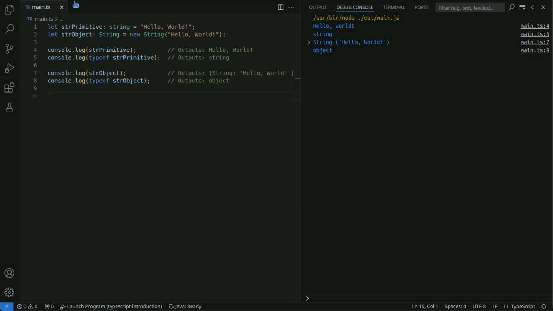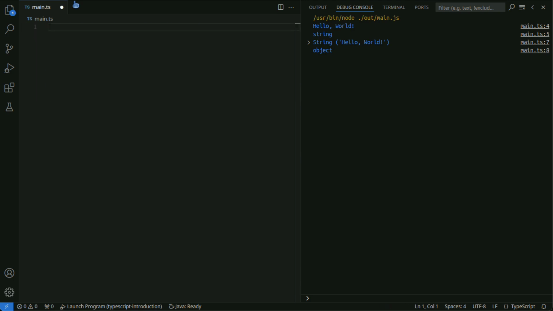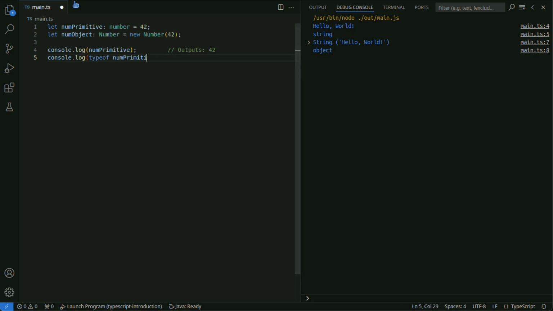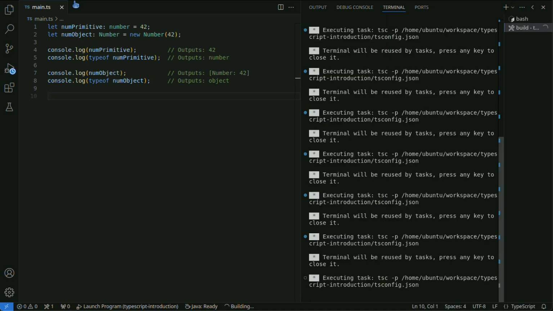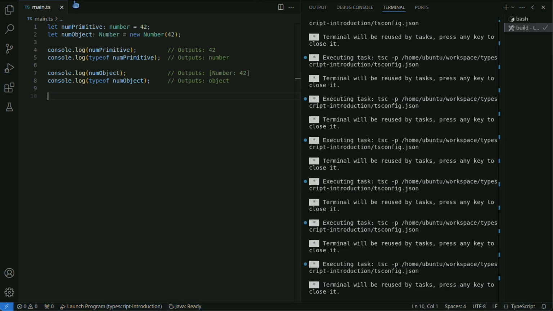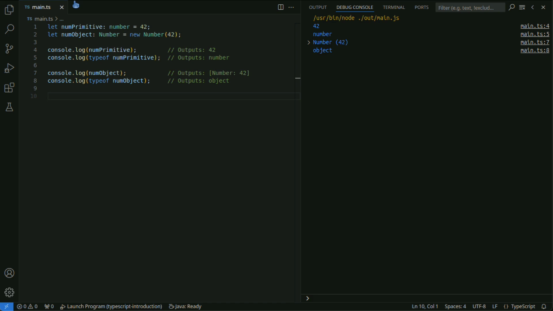The Number object provides properties and methods for numbers. The Number object, as a wrapper for numbers, includes methods for numerical operations, e.g., toFixed.